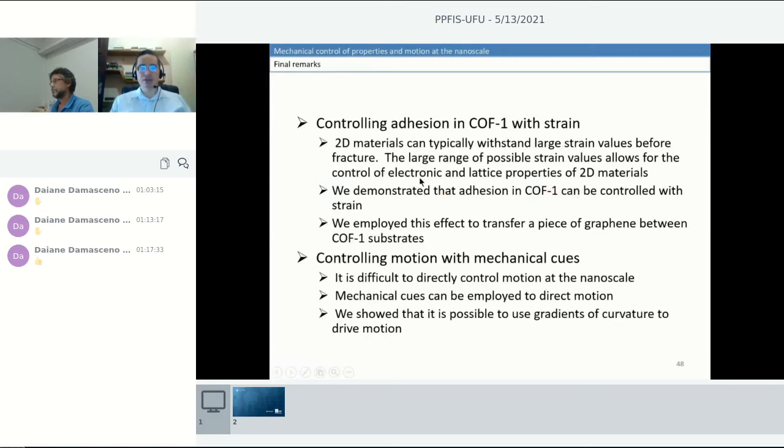Before, in the literature, there were other works talking about electronic and lattice properties, and we showed another property that you can control with strain in COF1. And we showed how this effect can be used to transfer a piece of graphene between two COF1 substrates. And the